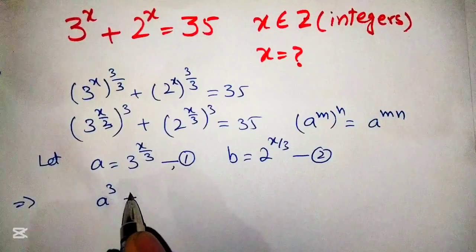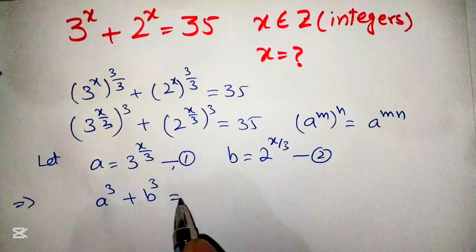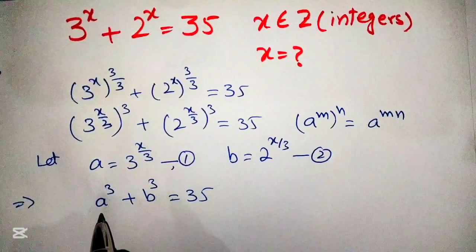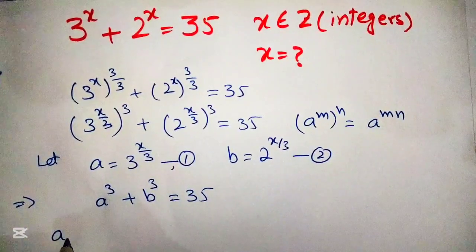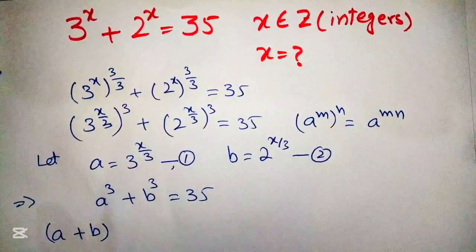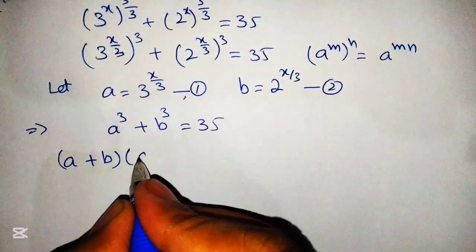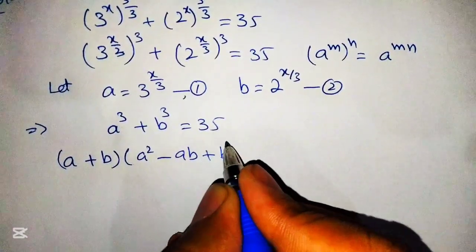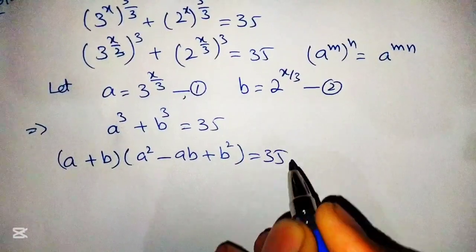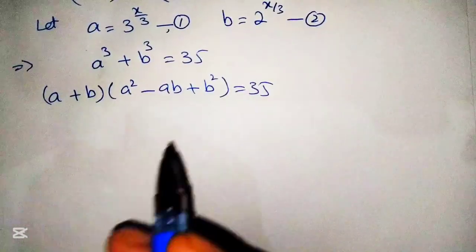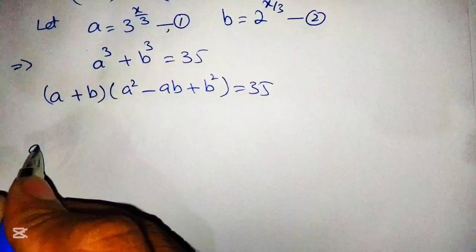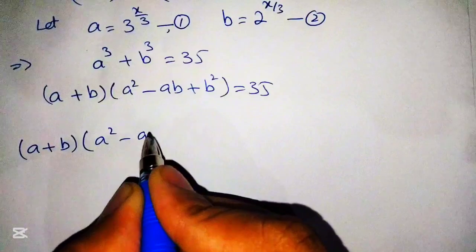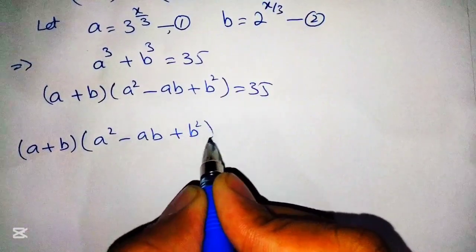a cube plus b cube is equal to 35, which is a famous formula, and we can expand this formula as a plus b into a square minus ab plus b square is equal to 35. Now we can factorize this 35 as a plus b into a square minus ab plus b square is equal to